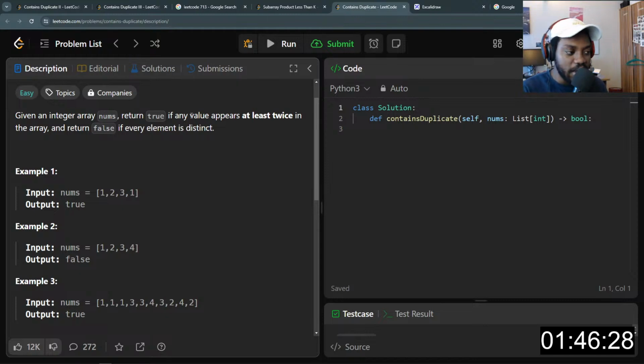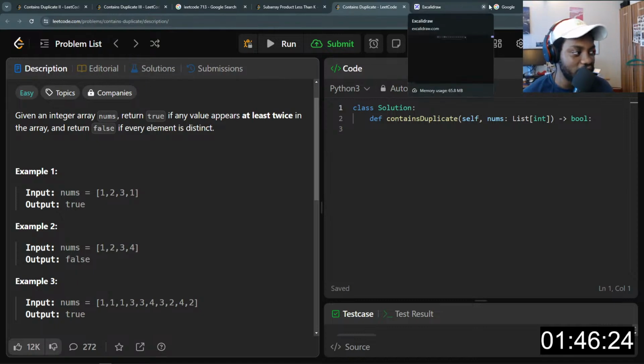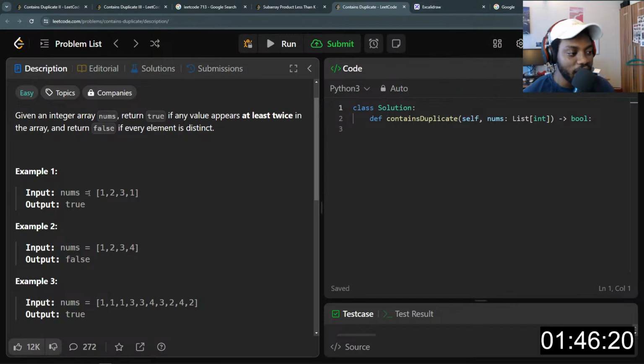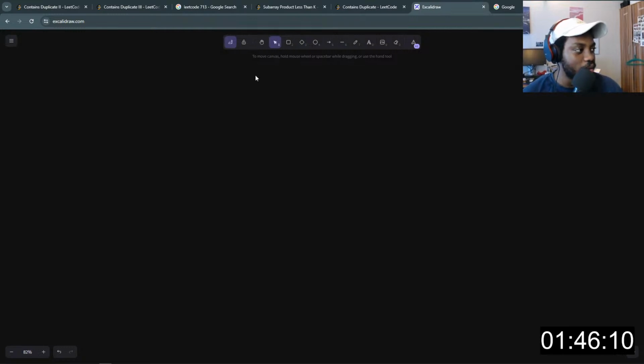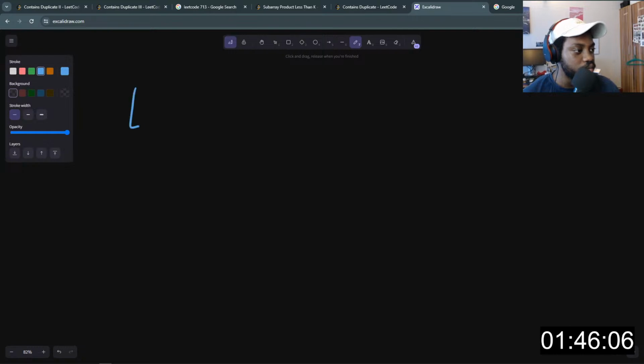Now there are a few ways we can do this, and one of the first methods to use is by first of all taking every unique value in the array. So basically, we put them in a set. So say here's our first example. The input will be 1 2 3 and then 1, right?